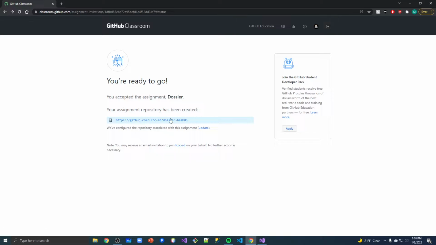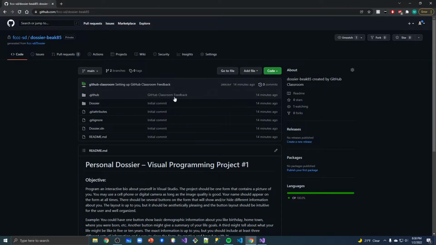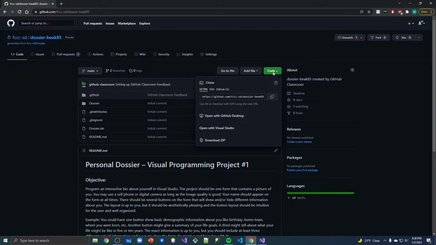Once the repo has been created, I can click on it. I can go see my repo up on GitHub, and I can use the code button to copy a link to my repo. I'm just going to take that link,